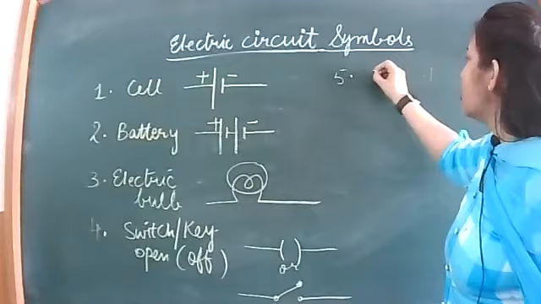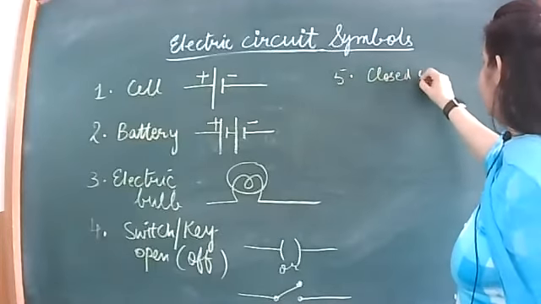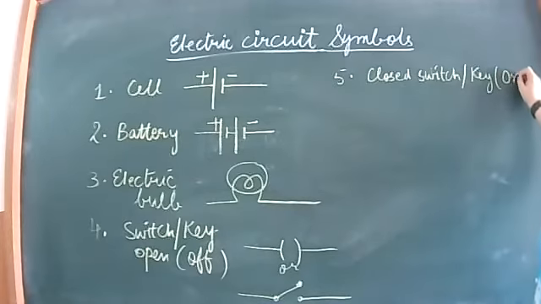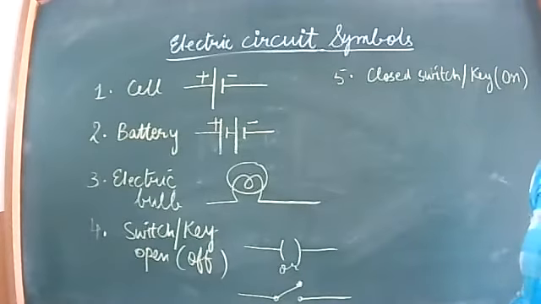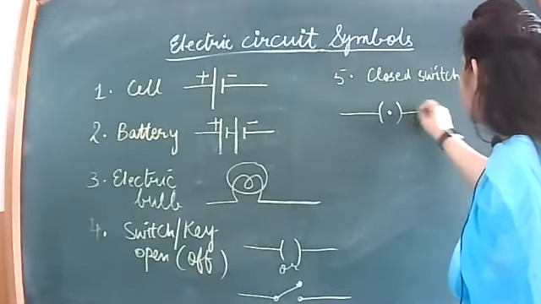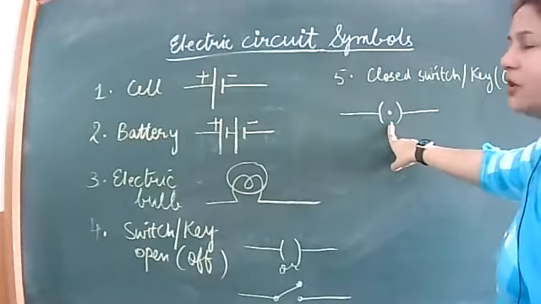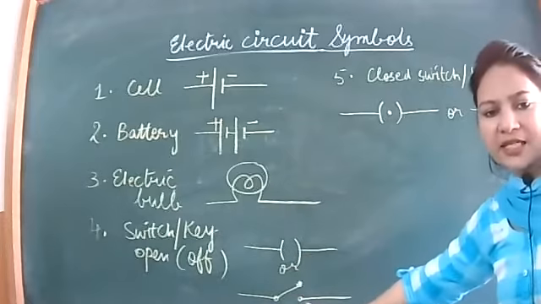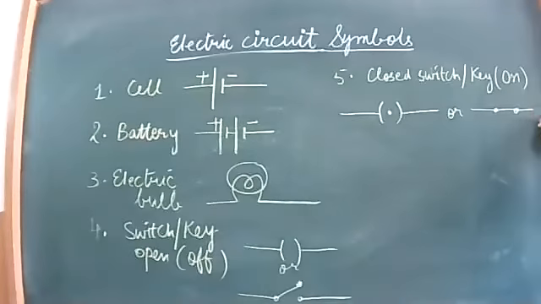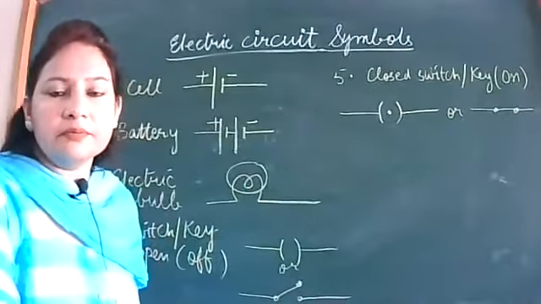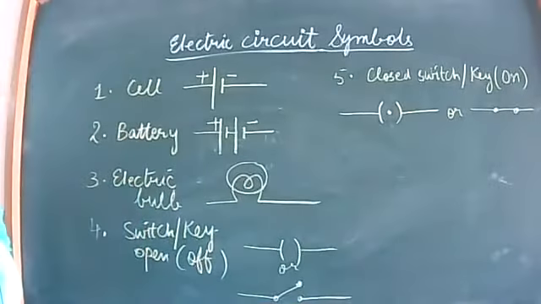Next is the closed switch or key. और यू कैन से द स्विच इज इन ऑन पोजीशन. इसको ऑन बोलेंगे. अब हमने स्विच को प्रेस कर दिया. सो यू कैन ड्रॉ द सिंबल लाइक दिस. इसका मतलब की प्रेस्ड है. यहाँ पे डॉट बना देंगे बीच में और वी विल क्लोज दिस. इसको आपने ऐसे कर दिया, बंद कर दिया, तो ये हो गया. ठीक है. सो दिस इज द सिंबल फॉर अ क्लोज्ड स्विच और की. ठीक है. क्लोज्ड स्विच और की.